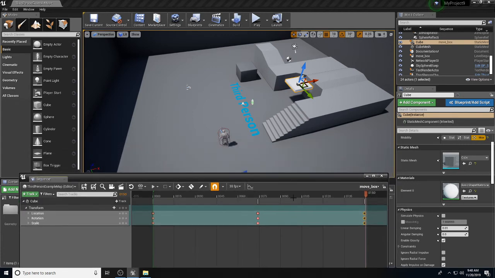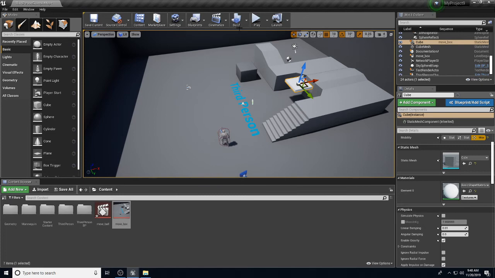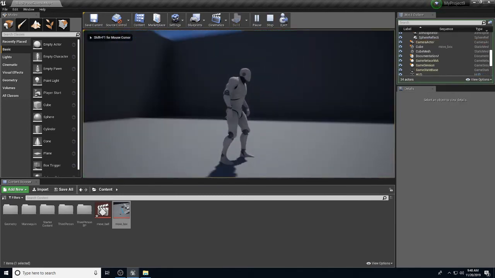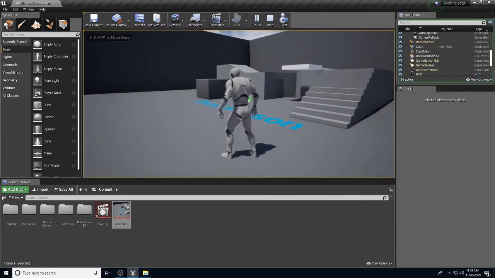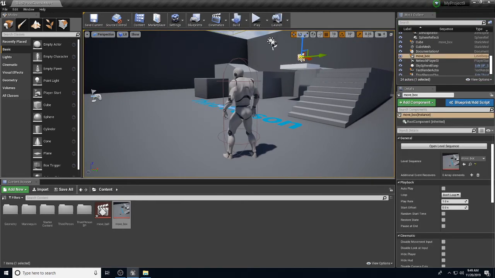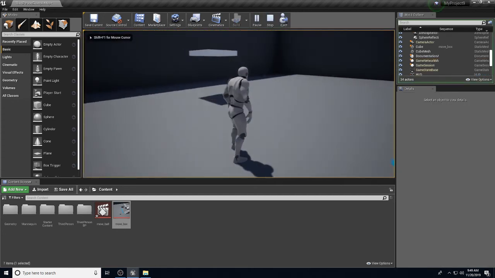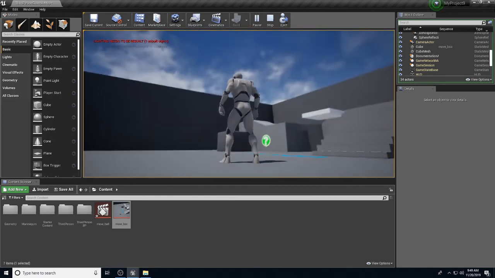In order to make this visible in the game itself, go ahead and hit save, close or minimize that, and go ahead and hit play, and you can see that the cube is stationary. So what we have to do is select our sequencer for that cube, and then come into our details panel, go to autoplay, and click the autoplay selection here. And now when we hit play, you can see that our platform travels back and forth,